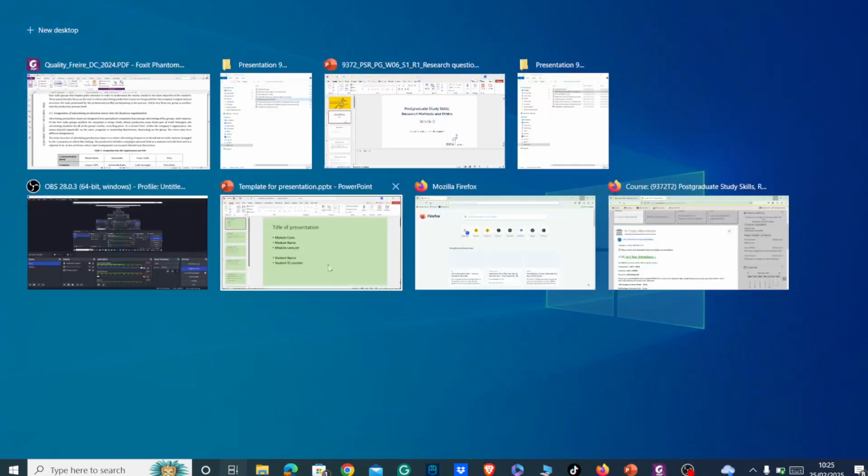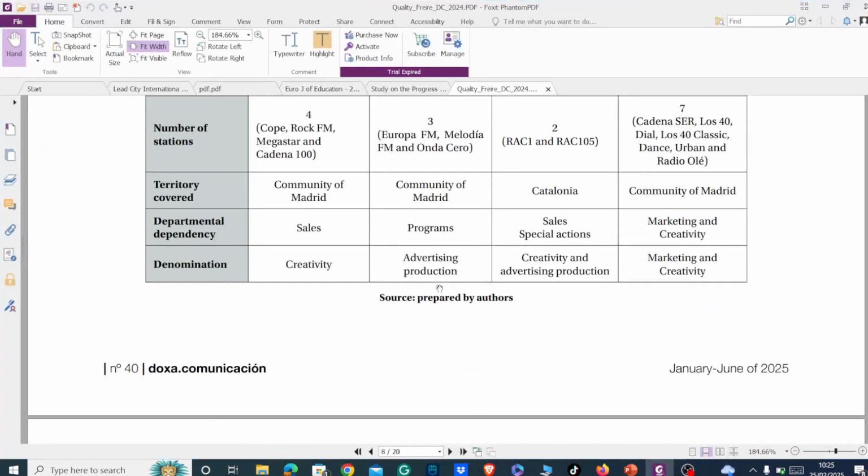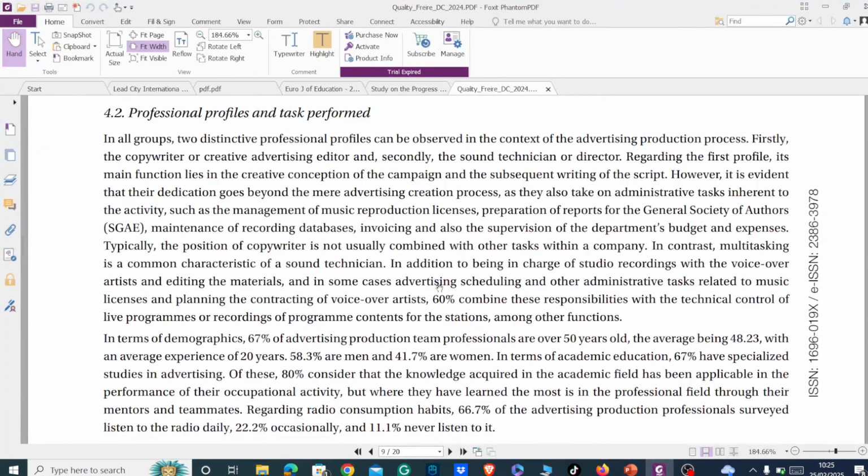I've had a look at the research ethics approval form, and the question is too vague. So I've had to send it straight back to them and say, your question is too vague. You need to clarify what it is you want to do, why you're going to do it,